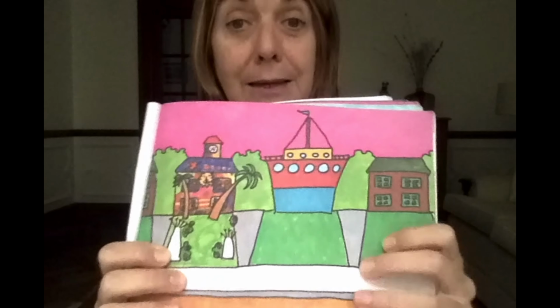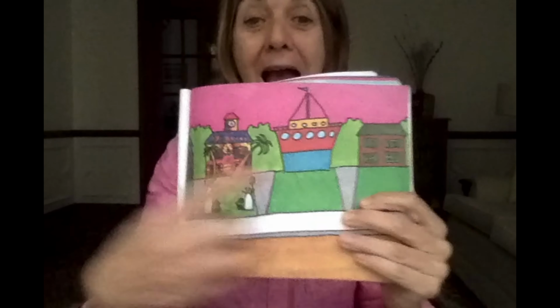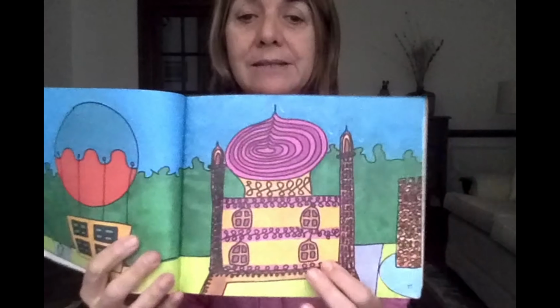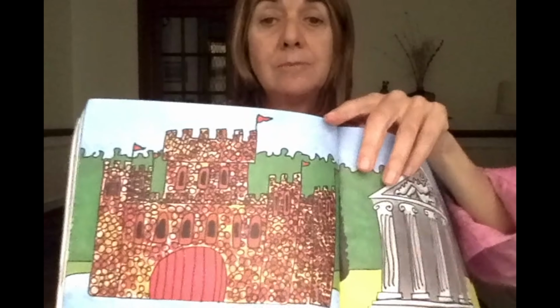The following day, the neighbor also changed his house. And he changed his house in the shape of a ship, because this neighbor adored sailing. And he also says, my house is me, and I am it. My house is where I like to be, and it looks like all my dreams. And one by one, the neighbors visited Mr. Plumbin and changed their houses. One was a palace, the other one was a castle, a balloon, a castle, a Parthenon,